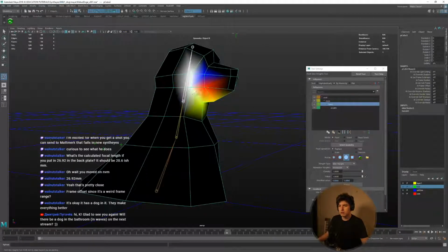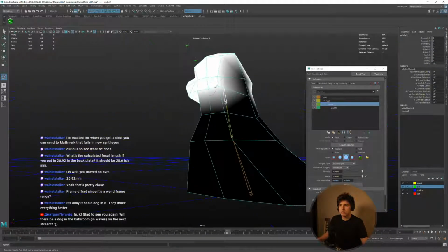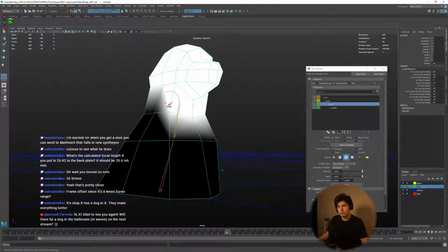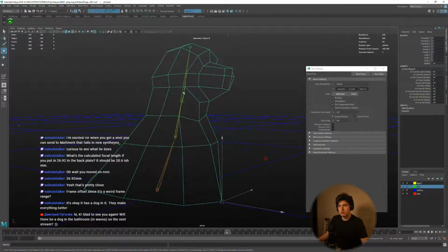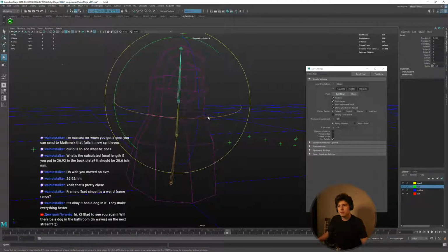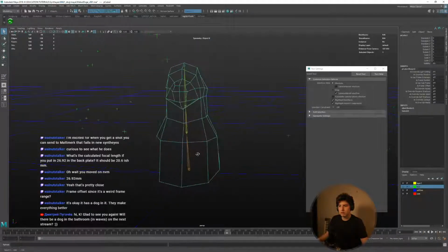let's go with a solid. I think I want to take this too, maybe. I don't know. I don't know if I want this. Okay, let's go smooth, flood. Okay, did I really want that? Oh, I kind of did. I like that. Yeah, I like that. That's simple enough. Okay, cool. So now,